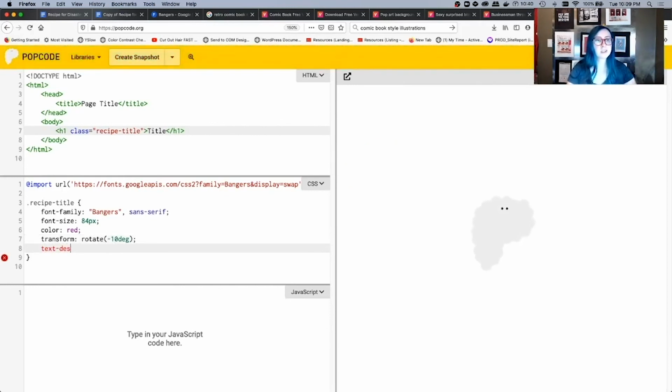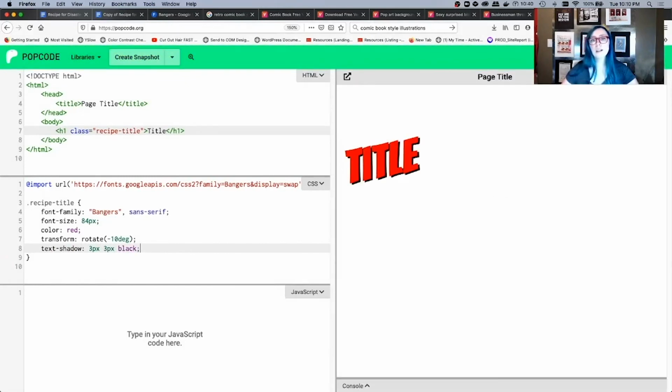And then text-shadow, using the same kinds of terminology we learned in our Adobe programs. Let's say X value 3 pixels, Y value 3 pixels, and then black as our final value, the color. There's no blur, so same deal, there's a 0 there that's just not showing. You could even play with this value. And notice how this is just as fast as working in Adobe XD if you happen to know all the CSS values off the top of your head.